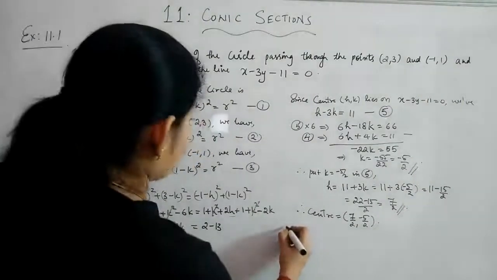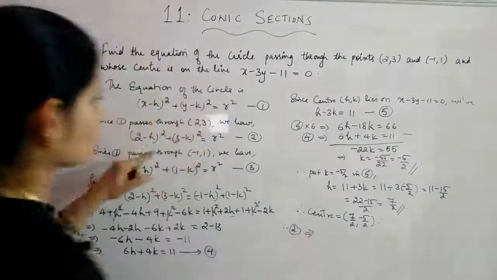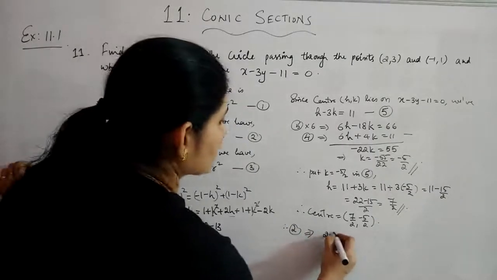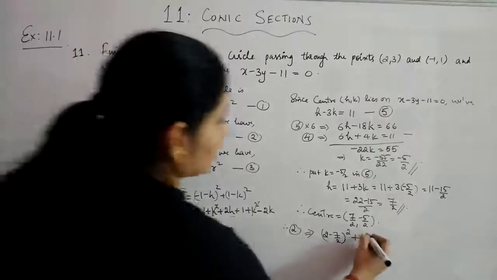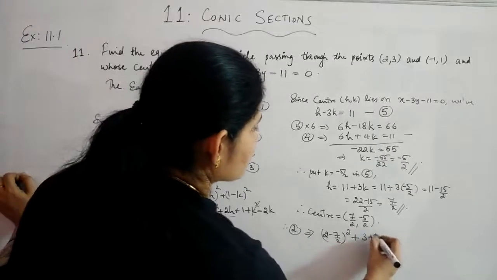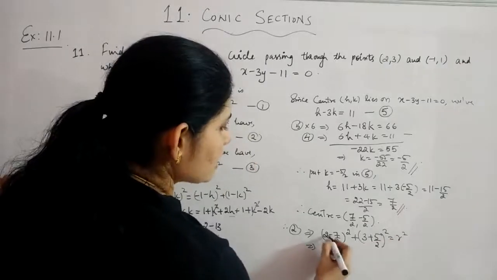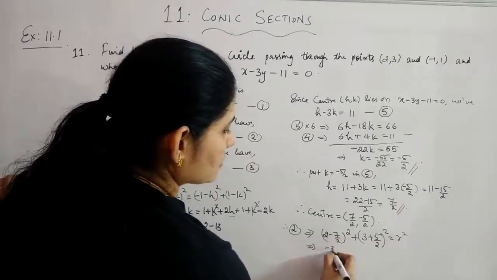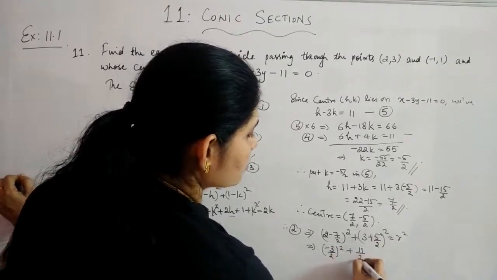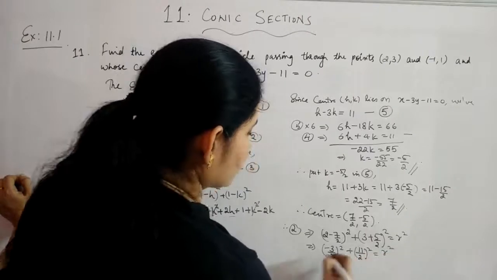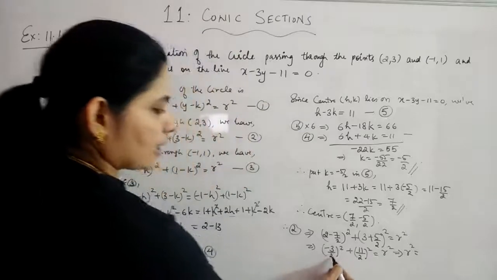So replacing h and k in equation 2, what you will get, equation 2 becomes (2 minus 7 by 2) the whole square plus (3 minus of minus 5 by 2), so it is 3 plus 5 by 2, the whole square equal to r square. That is, here we get (4 minus 7)... (4 minus 7 by 2) the whole square plus (6 plus 5 by 2), 11 by 2 the whole square equal to r square, which gives r square as 9 by 4